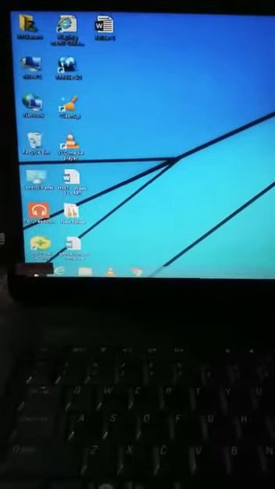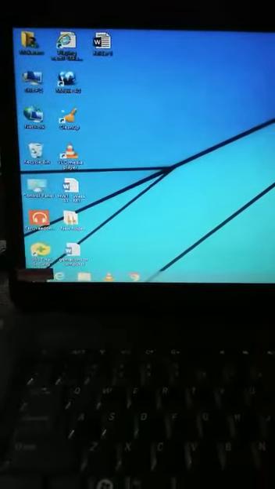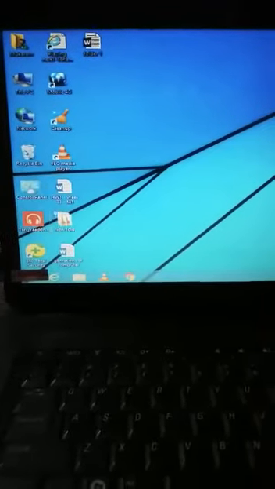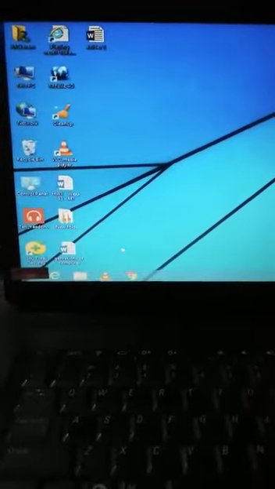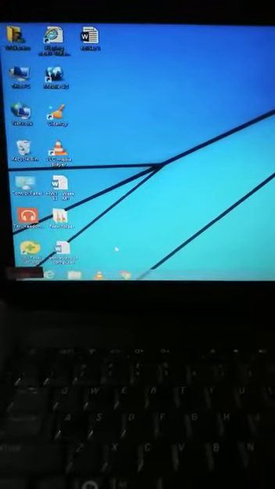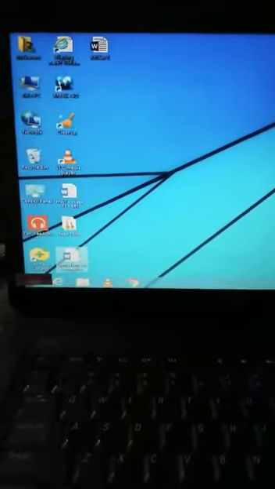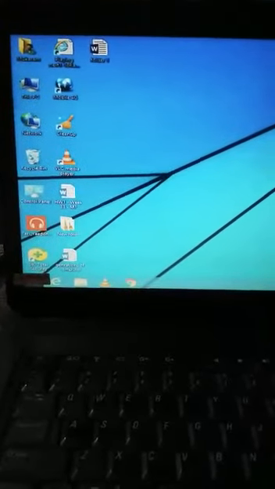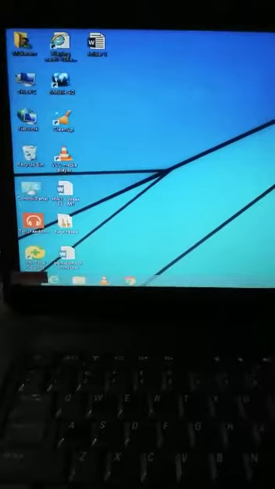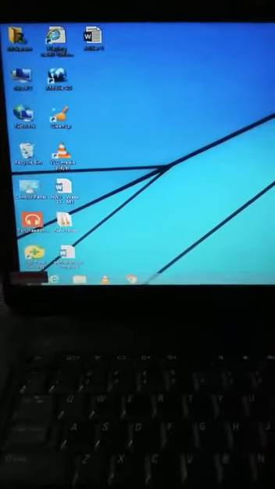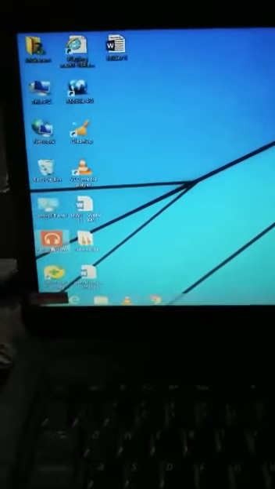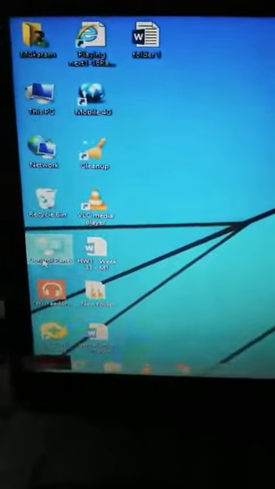In my computer system I need the control panel many times, so that is also on my desktop. If the control panel is not on your desktop, don't panic, just open the start menu from the left bottom and a menu will appear and you can easily get the control panel. When the control panel options appear, you just click the control panel like this.